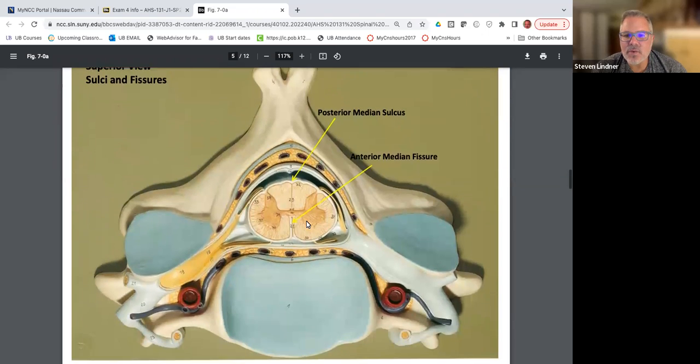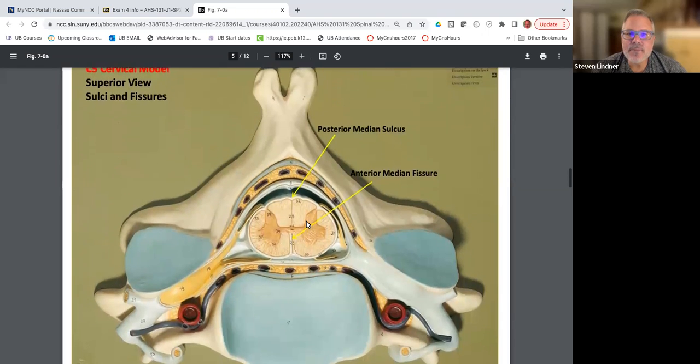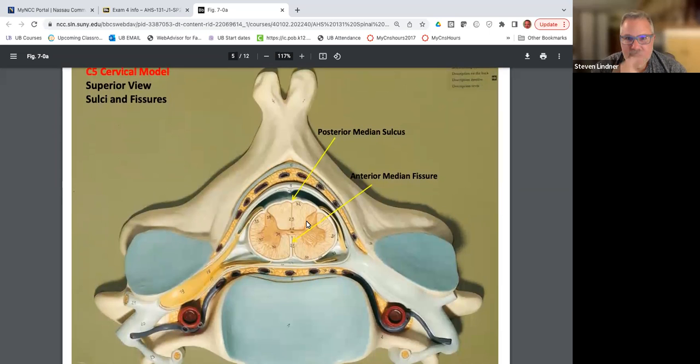So now we're looking at a cross section of the spinal cord. In fact, I will start this as a separate video. We'll call it cross section of the spinal